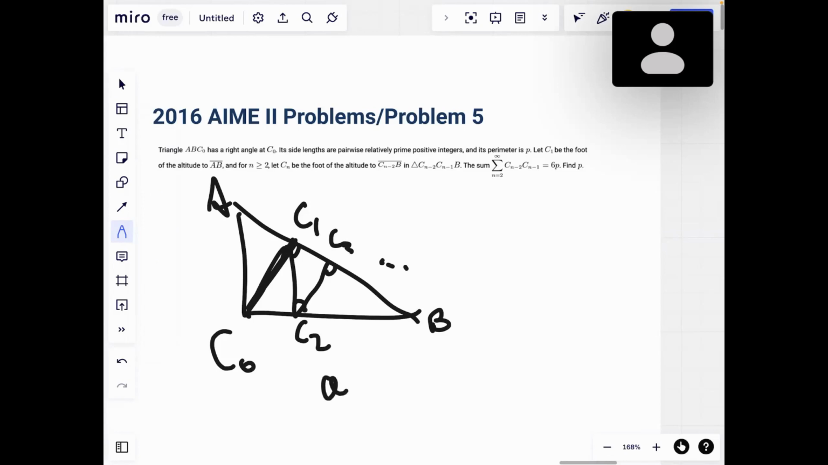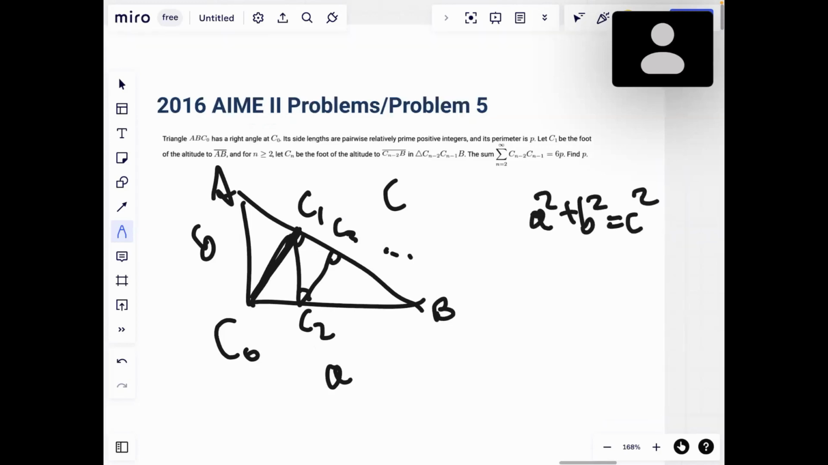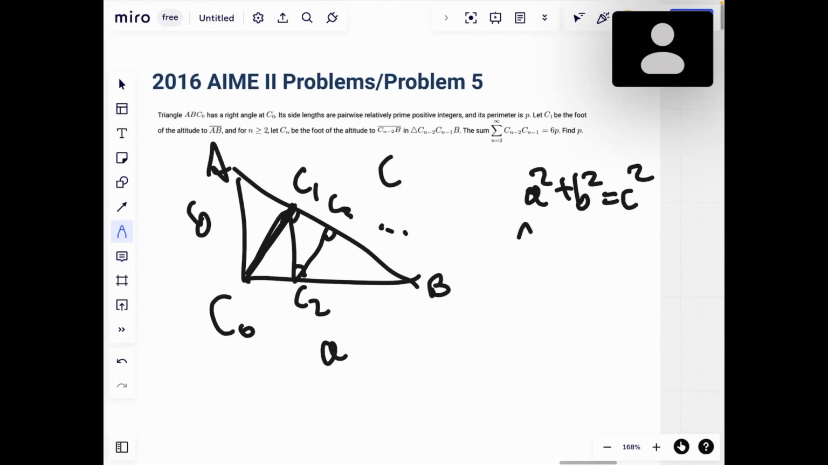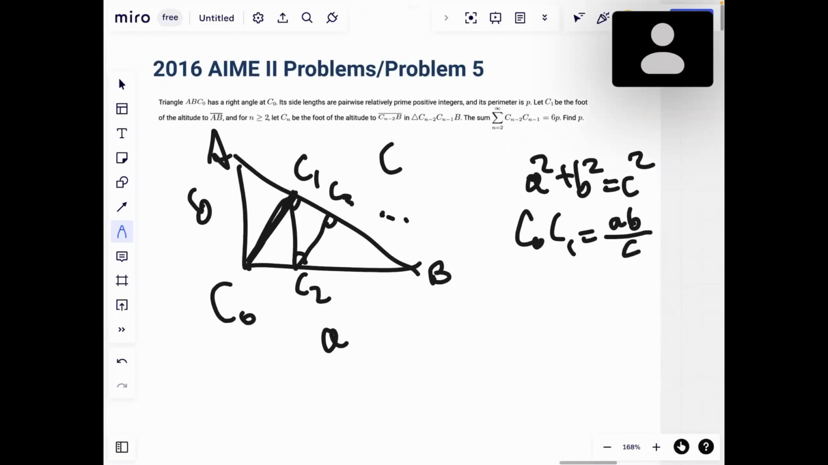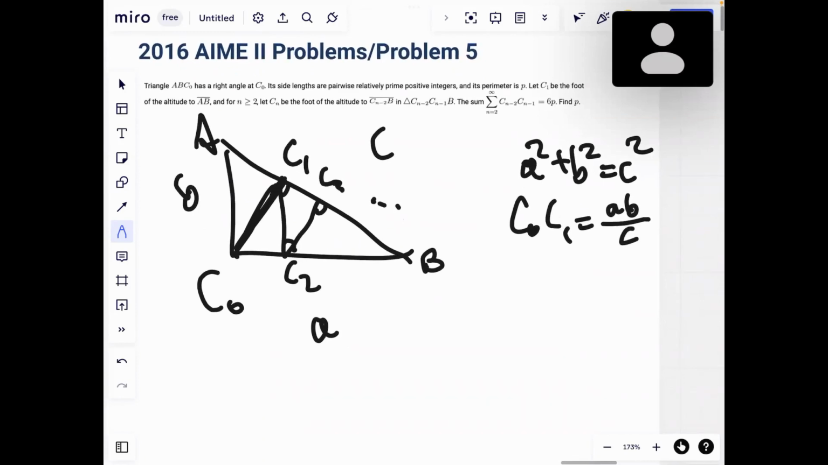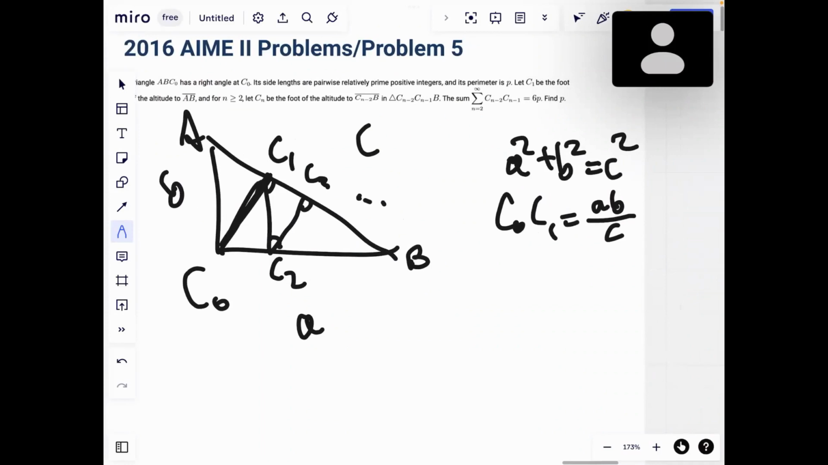denote this as a, b, and c, right? So if the side lengths of triangle ABC0 are a, b, and c, then we know that a squared plus b squared is equal to c squared. Furthermore, we know that C0C1 is equal to ab over c. Next, since C0C1 is ab over c, then that means that since we know that triangle BC1C0 is similar to triangle